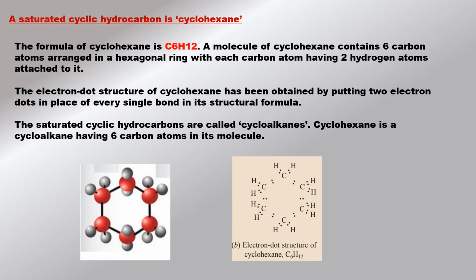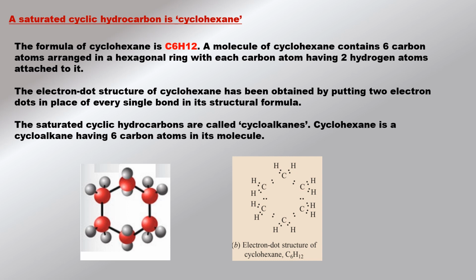A saturated cyclic hydrocarbon is cyclohexane. The formula of cyclohexane is C6H12. A molecule of cyclohexane contains 6 carbon atoms arranged in a hexagonal ring with each carbon atom having 2 hydrogen atoms attached to it. We can see from the structure that the cyclohexane molecule has 6 carbon-carbon single bonds and